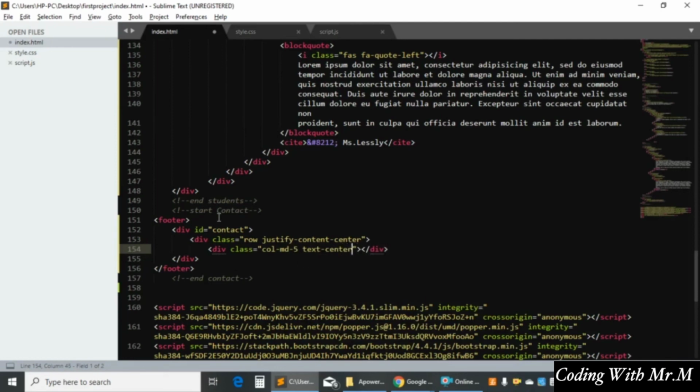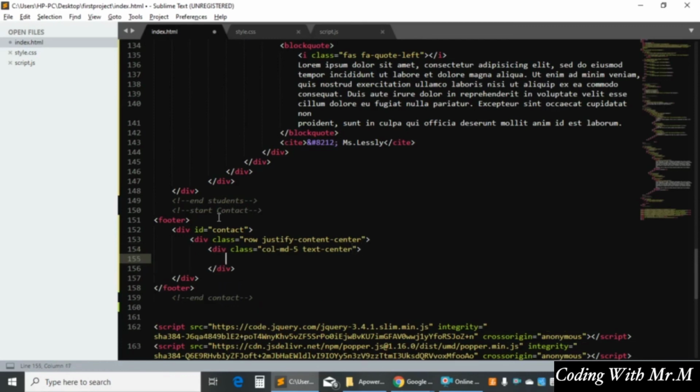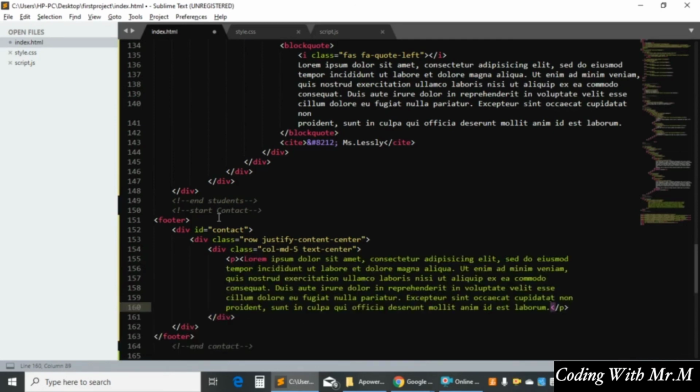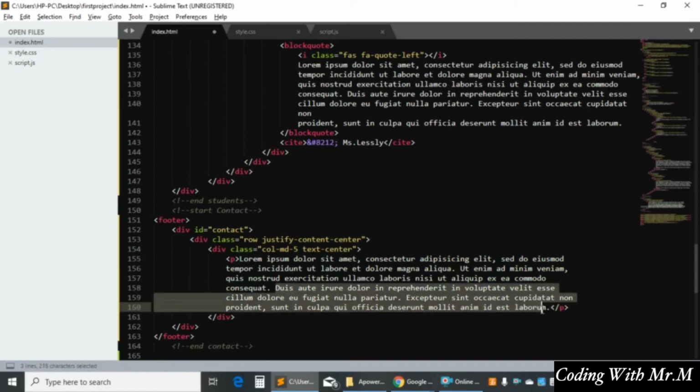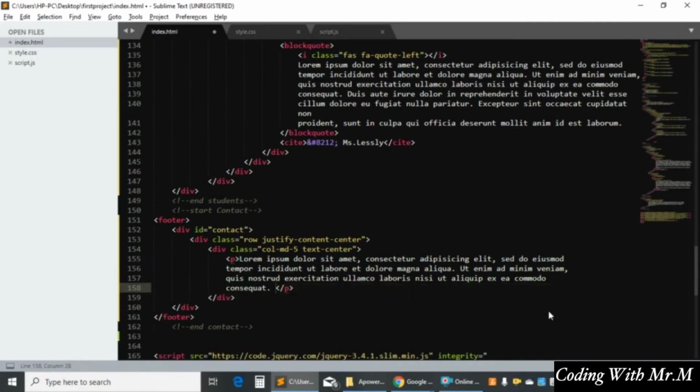So within this div, guys, I'm going to write some lorem. Let's say that's our footer part, but I don't need full lorem. Okay, so then let's write over here within the bold,